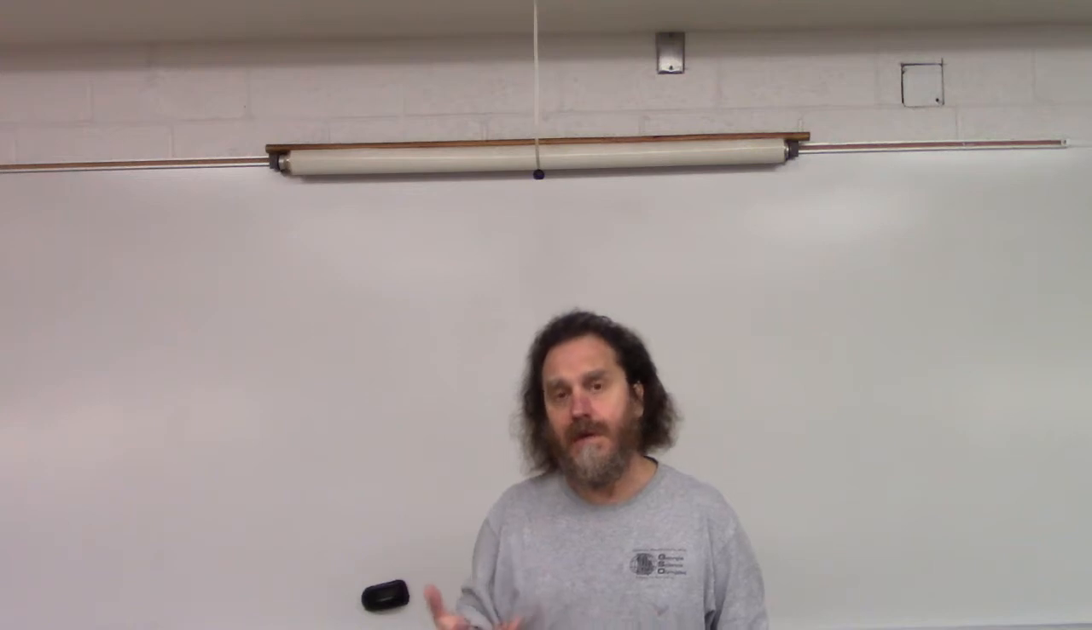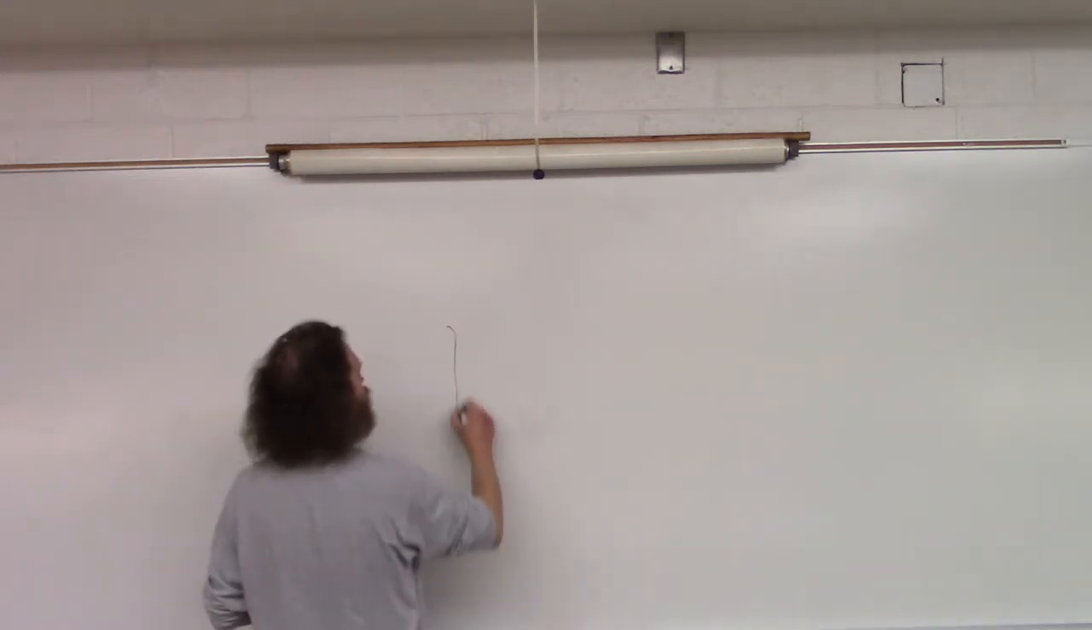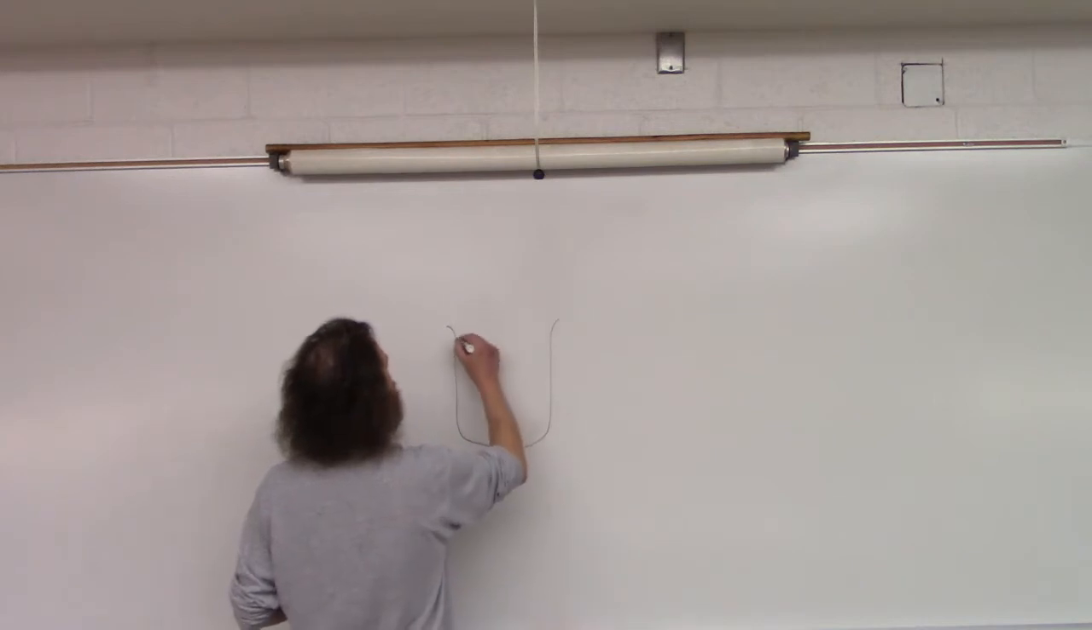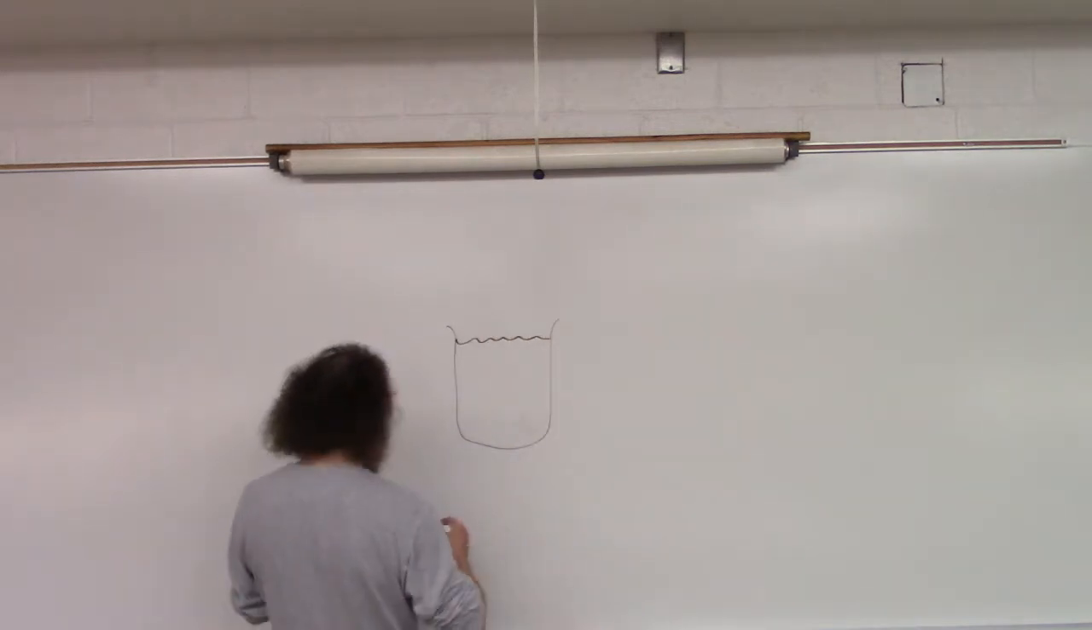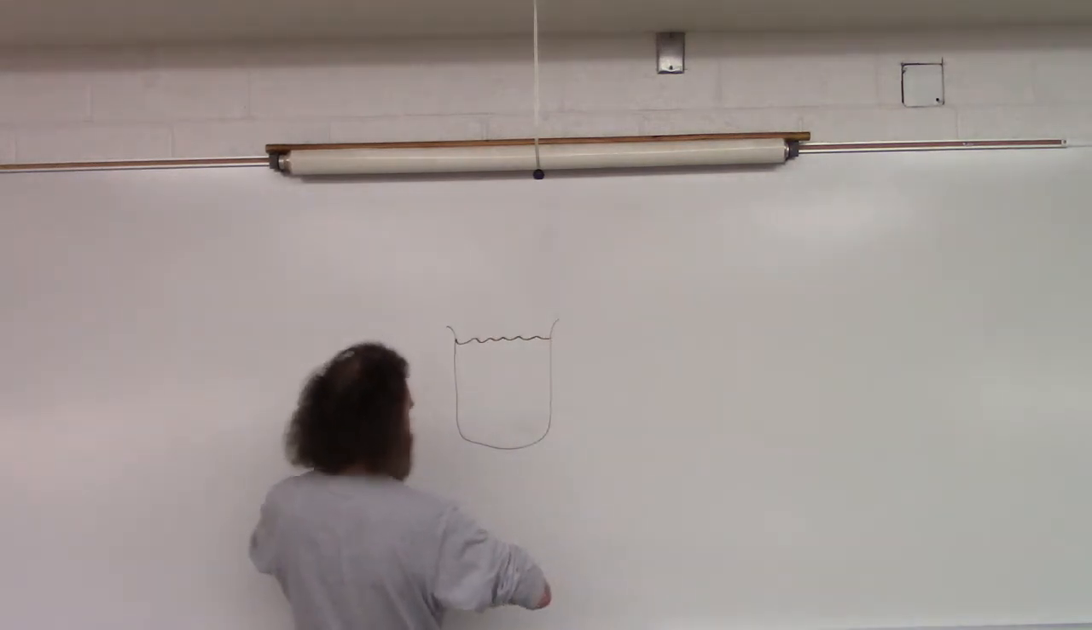Hello everyone. Today I want to talk about a physical phenomenon called convection. Convection is the vertical swirling of a fluid that's in a gravitational field when it's heated from underneath. So for example, if you have a beaker with water in it and you're heating it on a flame, let's